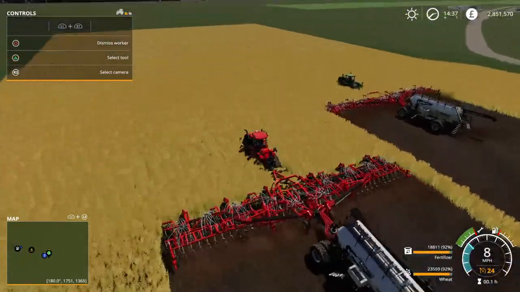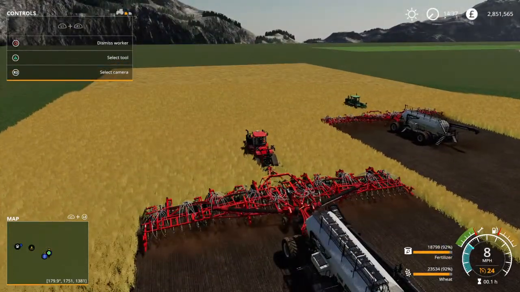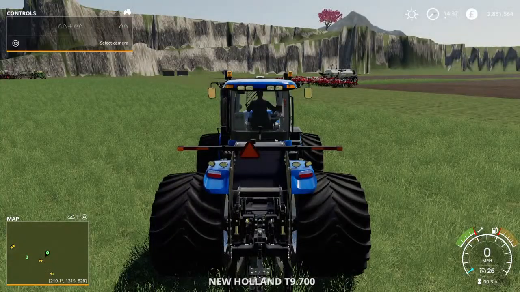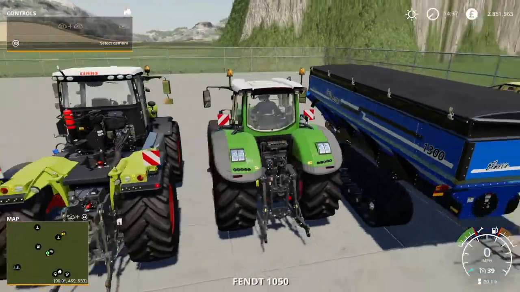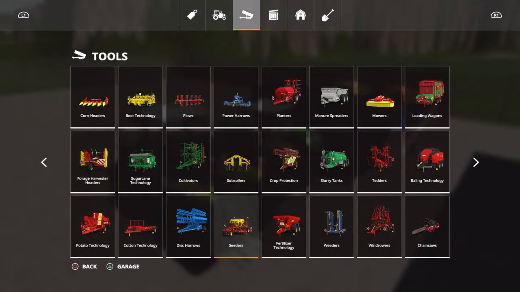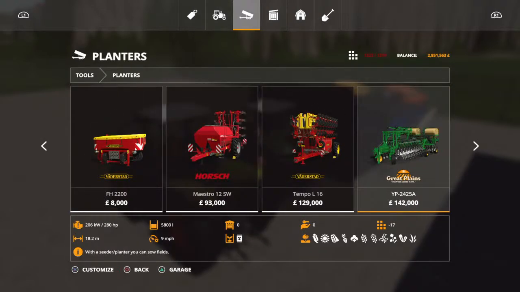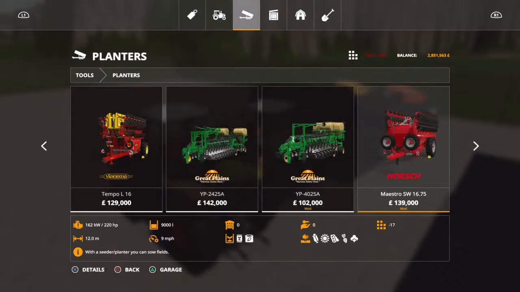We got one more thing probably to do. I'm just going to stop these now. I'll stop that one. Stop that one. We'll go back to the Fendt. We are going to purchase a planter. This is a little trick that Funny Bone 147 sent me a picture of earlier. I quite like the setup, so we need a 12-meter planter,